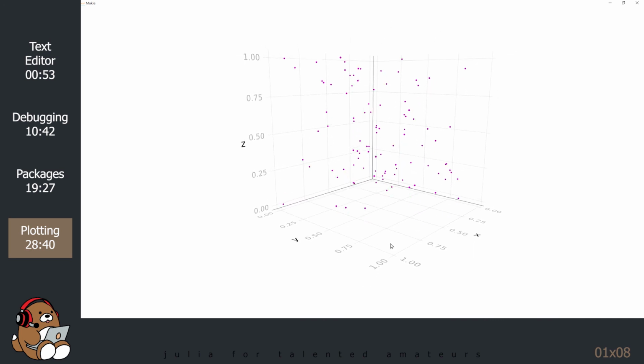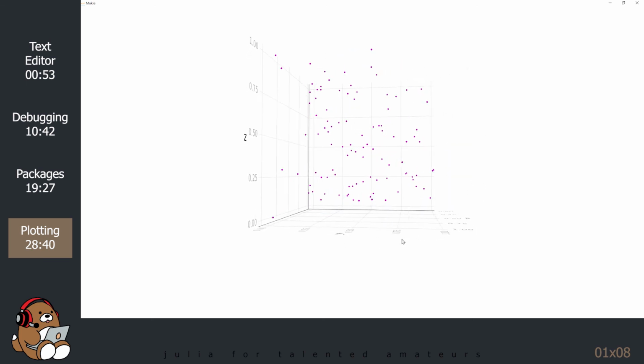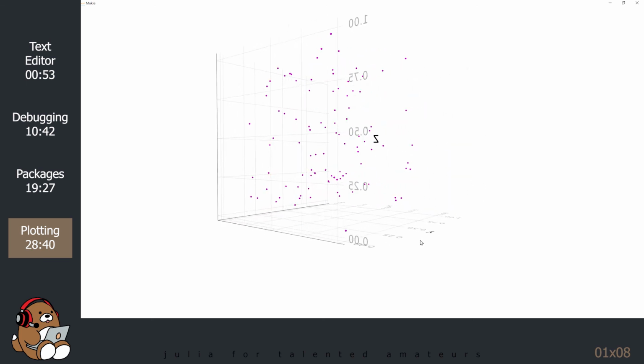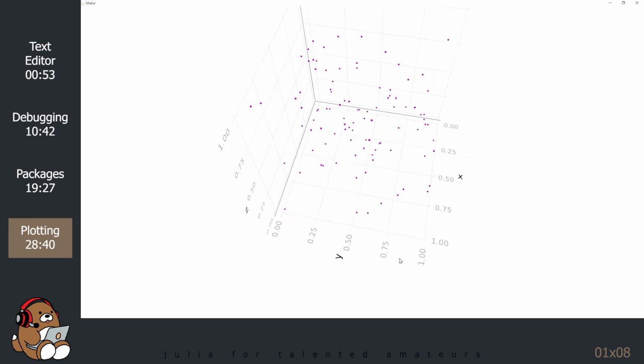You can also orbit around the plot by left-clicking and dragging with your mouse. It takes a little practice, but it's extremely useful.